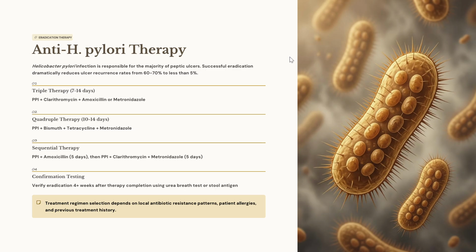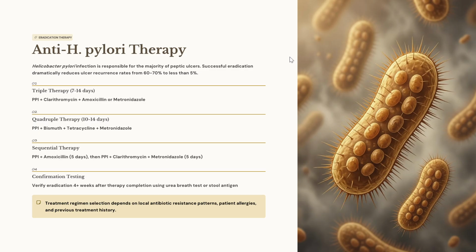Next therapy is anti-Helicobacter pylori therapy. Helicobacter pylori infection is responsible for the majority of peptic ulcers. Successful eradication dramatically reduces the ulcer recurrence rates from about 60 to 70% to less than 5%. The various approaches include triple therapy